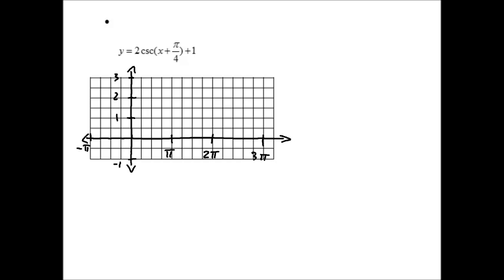As we've seen in the first part of this tutorial, the best way to graph the secant and cosecant function was to use the reciprocal function sine and cosine, and that is in general my advice for you. When you're graphing secant and cosecant functions, always graph the corresponding sine or cosine function first and then take it from there. So in our first example, we got y is equal to 2 cosecant of x plus pi over